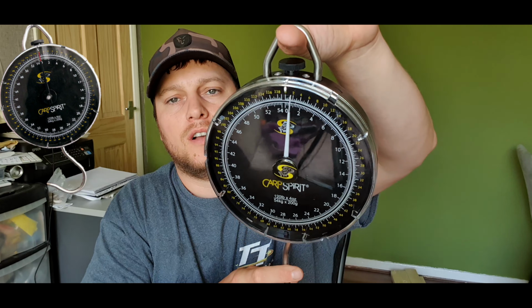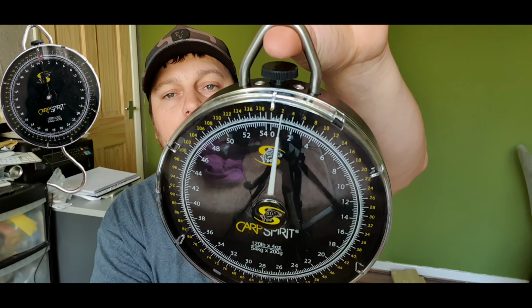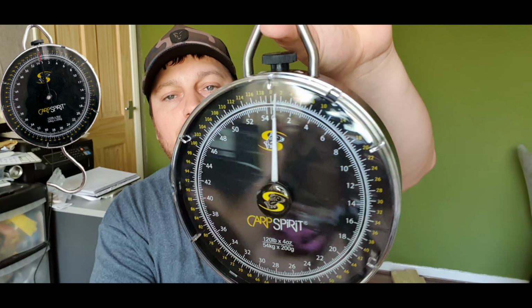But yeah, so this isn't a review as such. This is more of a first look at these scales, see what they're like, and from the offset, I think these are going to be pretty decent. I'm going to use them for a couple of months, get some captures on them, get them weighed, that kind of thing, and I'll do another video after a good bit of use, and then we'll do a proper review on them. But for now, I just wanted to do a first look video on the Carp Spirit 54 kilo